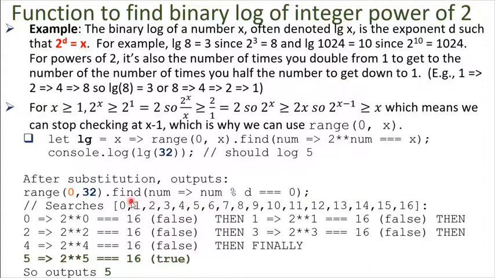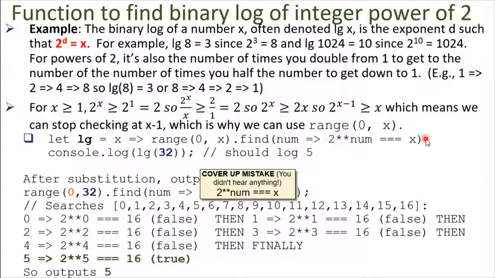And again, since we have find num arrow num, there's a typo again here. Got to stop copying and pasting. But if you're going num arrow 2 to the num is equal to x here, it's going to repeatedly plug these values in. So it's going to check first 0, and does 2 to the 0 equal 16,